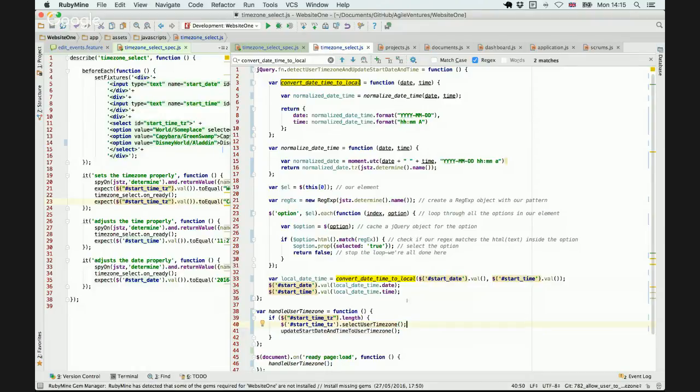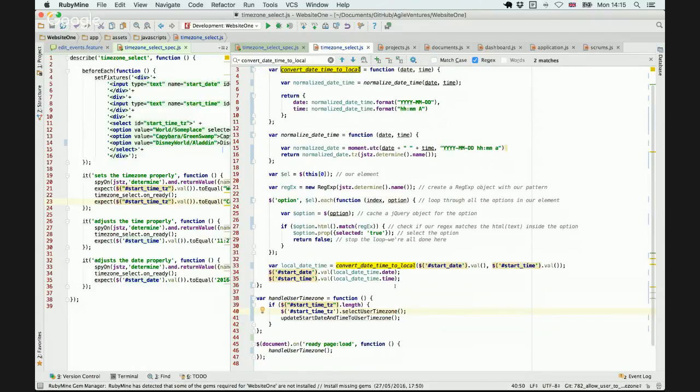It's always the thing with refactoring: am I just burning our time here, or is this actually improving it anyway? Select user time zone. Because we're calling select user time zone on this thing here, and I think this is the top level. We are handling the user time zone. So one of the things that we do is we select their user time zone, and then